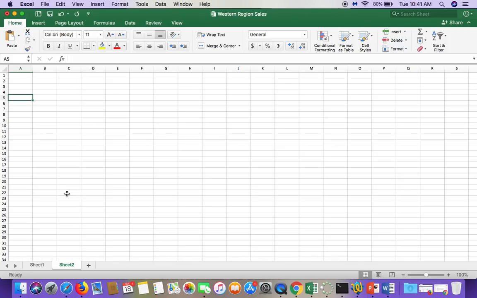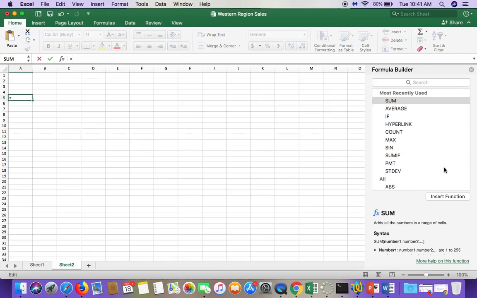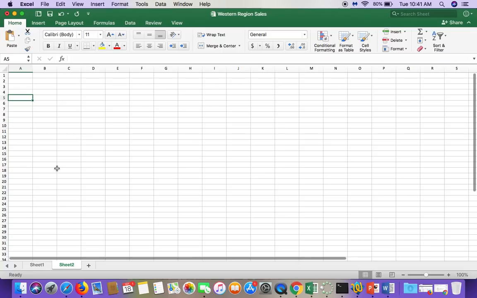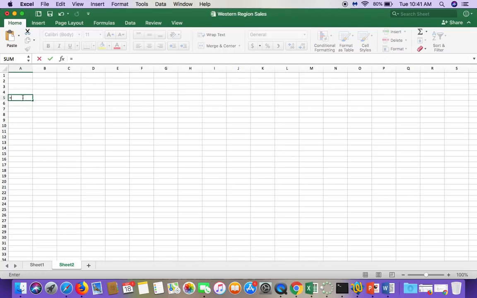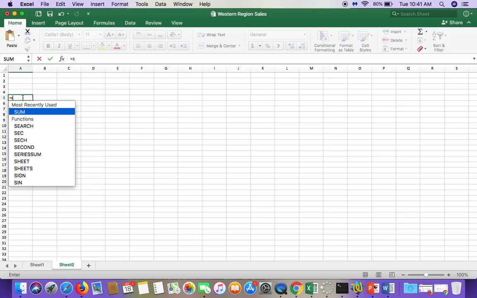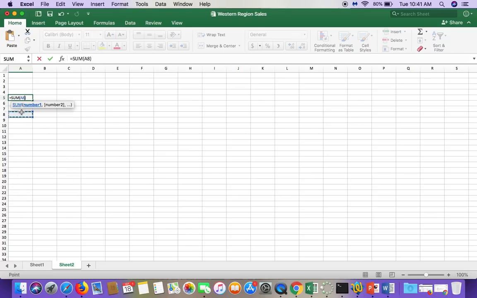Another way to go to the functions is the exact same dialog box will pop open, and that's right here on the formula bar. If you hold your cursor over the f of x, it's the Insert Function button. Click that, and there it is again. One more way we're going to do it is to manually type the equal sign, and once you type a letter, everything that begins with that will pop up, and you can keep typing and so on. SUM is the most recent and one of the most used, so that will pop up. If you double click on that,